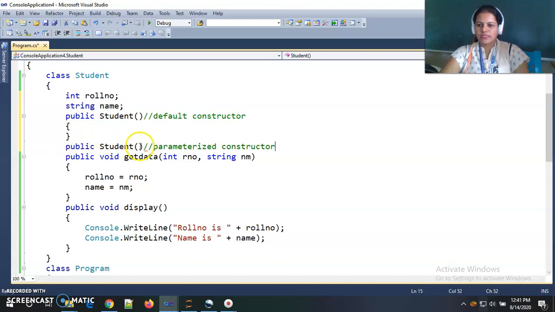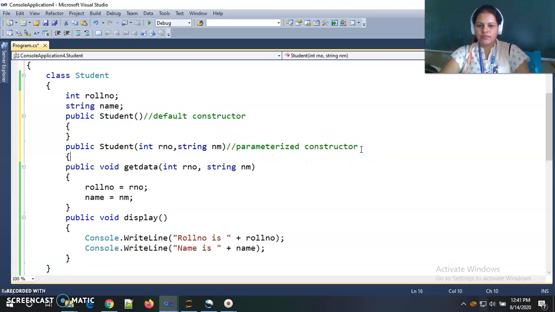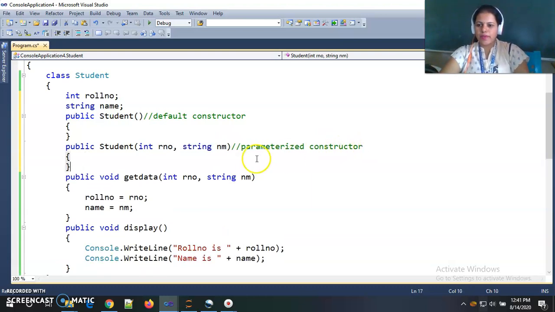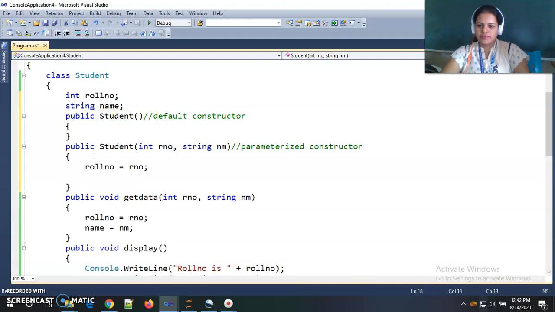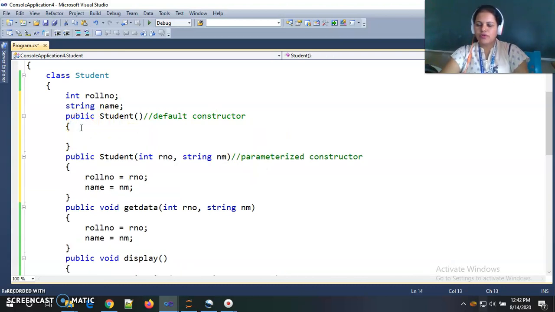If I am passing the parameters as integer number and string n, and I am storing these parameter values, roll number is equal to number, and name is equal to n. So this is my parameterized constructor, and this is the default constructor.